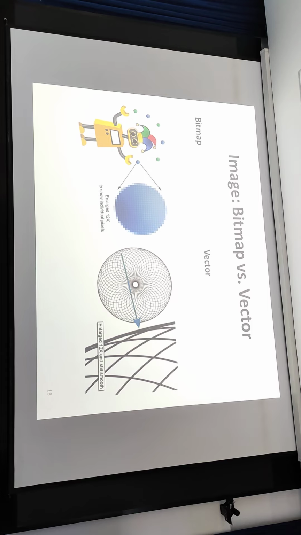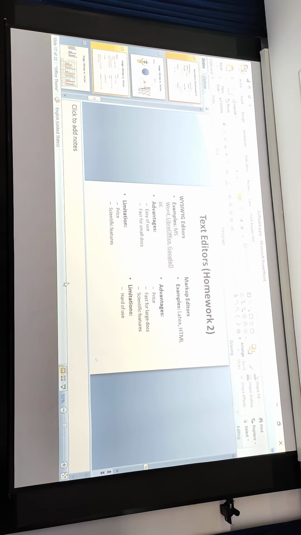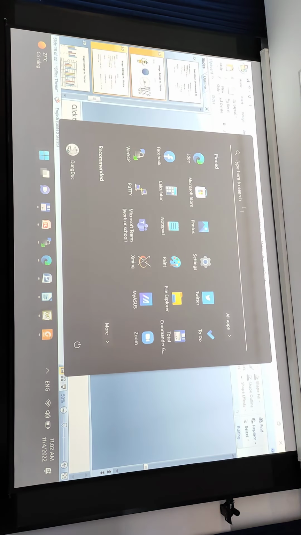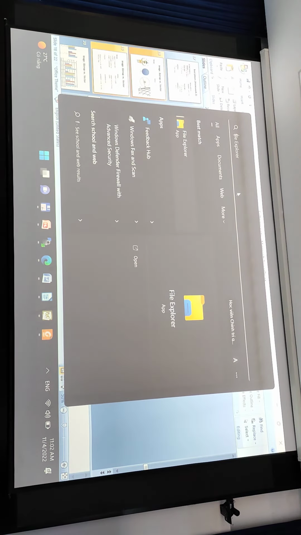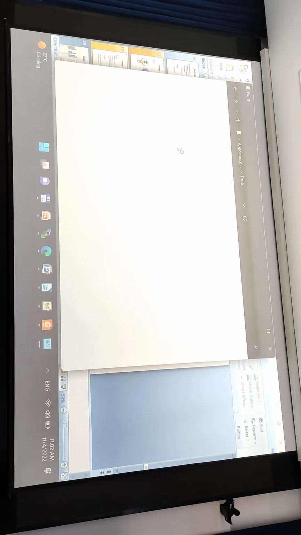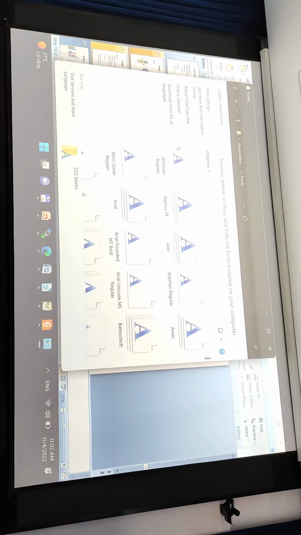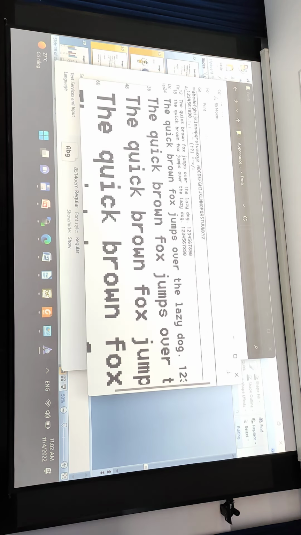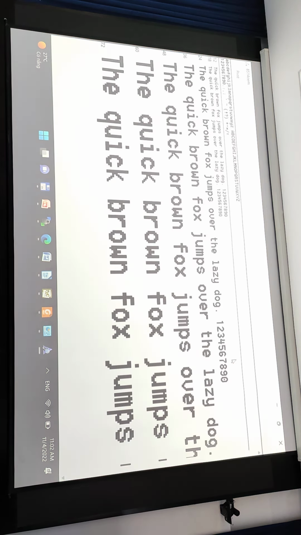And this brings us to, for example, I show you in Windows we have two different kinds of fonts. Rarely do we use this one.